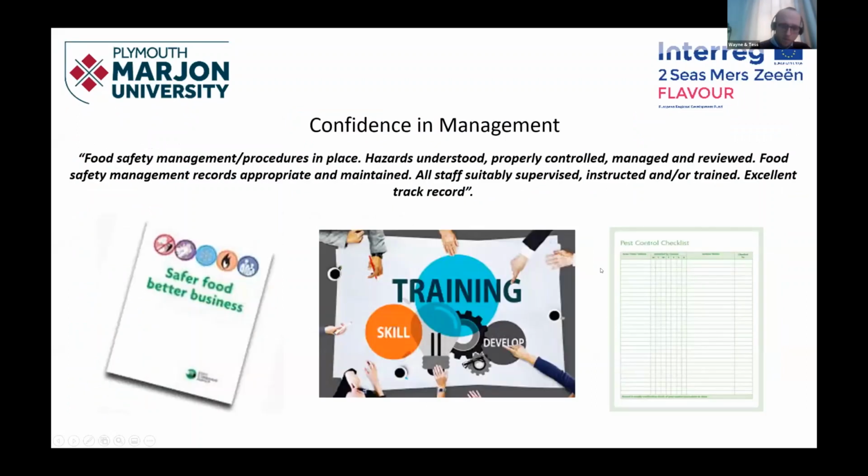Confidence in management is really important and not to be neglected. This is your food safety management procedures that you must have in place. You need to make sure that your hazards are understood, properly controlled, and managed and reviewed. Your food safety management records should be appropriate and maintained, and all staff should be suitably supervised, instructed, and or